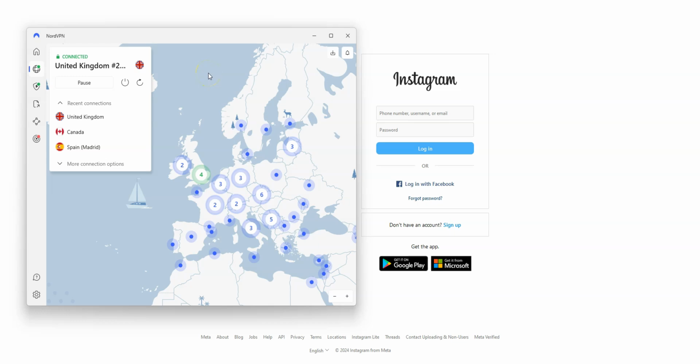NordVPN not only helps me bypass censorship, but it also fully encrypts my traffic, meaning my internet service provider can no longer track what I do, what websites I visit, and so on. Once you don't need to use a VPN anymore, you may deactivate it by pressing this button. I showed you how to do it from a computer, but it's the same principle if you're on a smartphone or tablet. The iOS and Android apps are quite similar to this one.